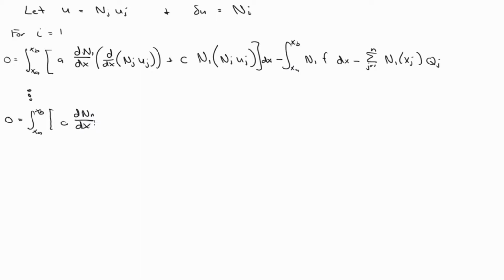Well, what's d/dx of u_j? u_j is what we're solving for, so it's an unknown coefficient. It's a constant, right? It's an unknown constant that we're solving for. So it's zero, right? The derivative is 0. So in this term, I'll just go ahead and write that out. I have N_j